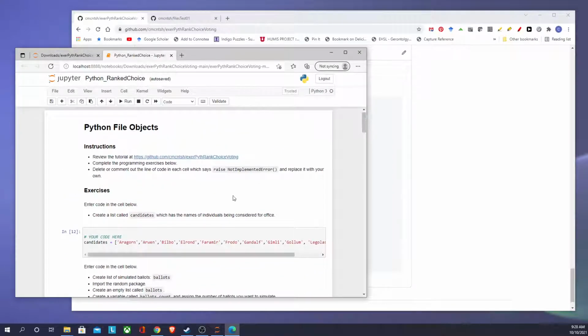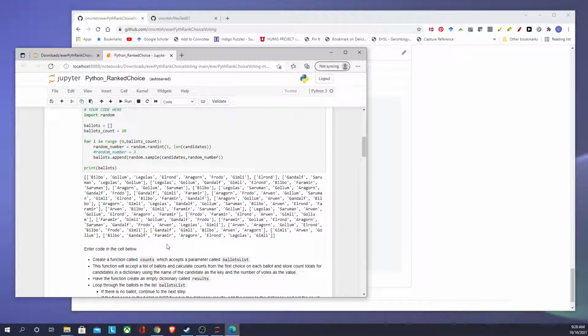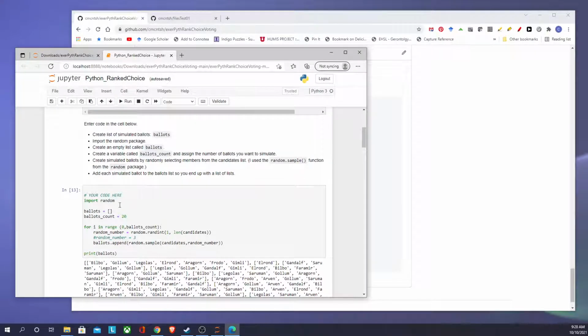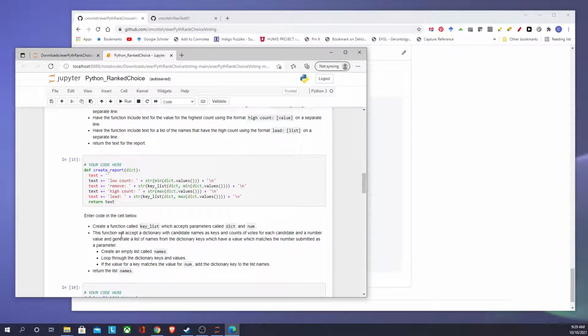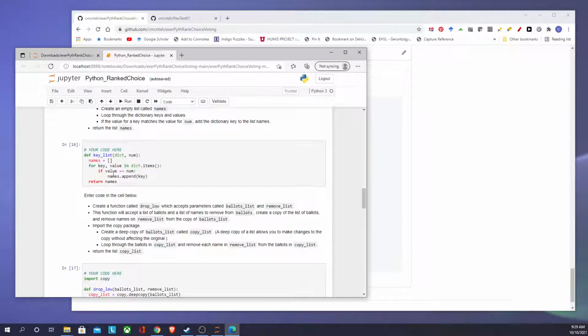So anyway, that's a little bit of review of the code in this assignment and the purpose, and I hope it's an interesting assignment for you. And this is an example of trying to come up with some functions which can be reused, and the one that got used the most here is this key list. I used this for getting lists of candidates who had the high counts and the low counts, and I didn't have to rewrite the code because I just had it take a dictionary and a number, and I just used it in my code